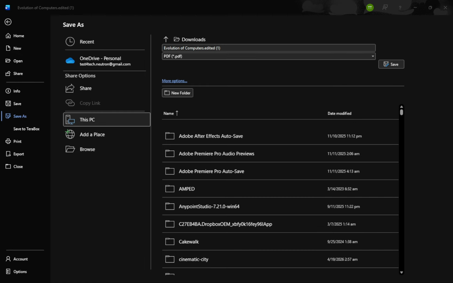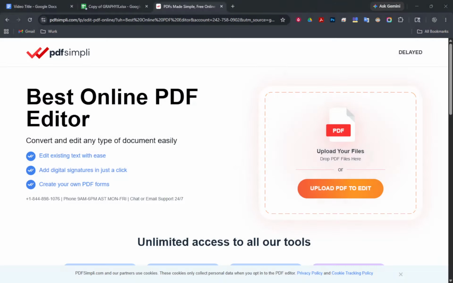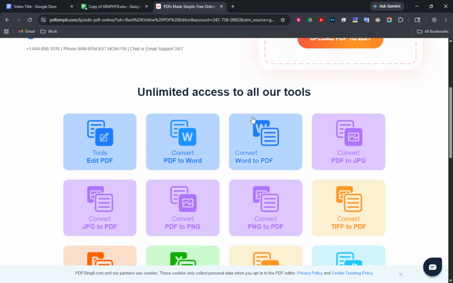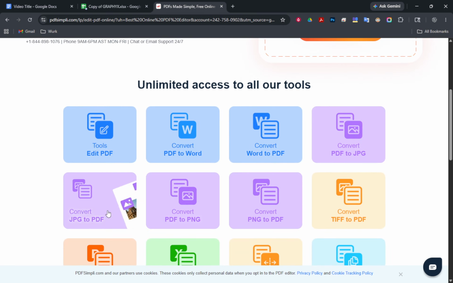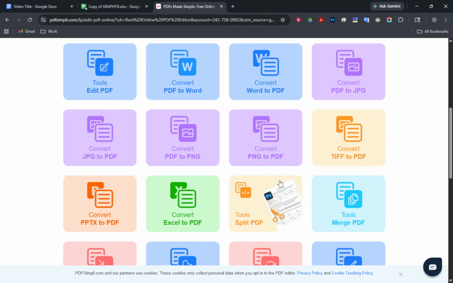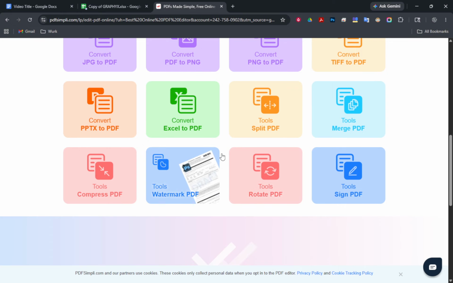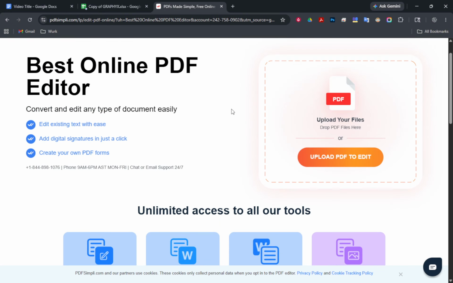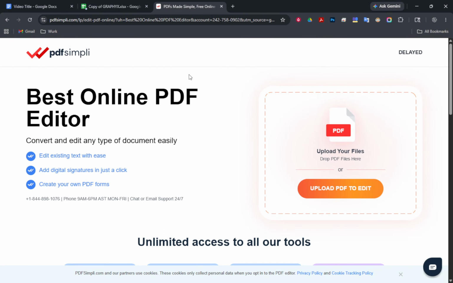Here's a simple rule to remember. If you see a print option, you can usually save as a PDF. Many apps and web browsers route the print command to a virtual PDF printer, which makes conversion just a couple of clicks away. So whether you use the print dialog on Windows, export directly from Word or Google Docs, or rely on an online converter, you now have fast, dependable ways to turn almost any file into a PDF.